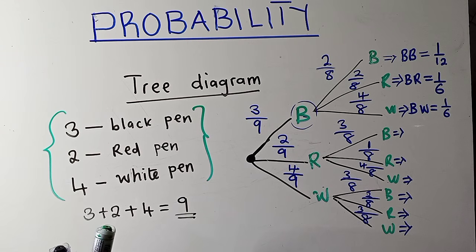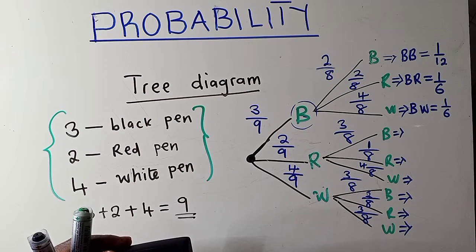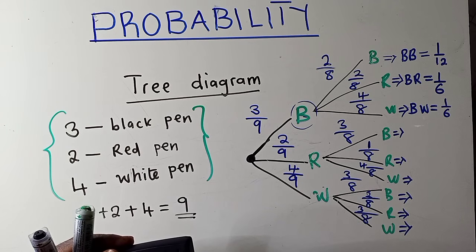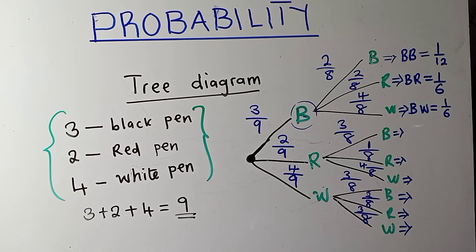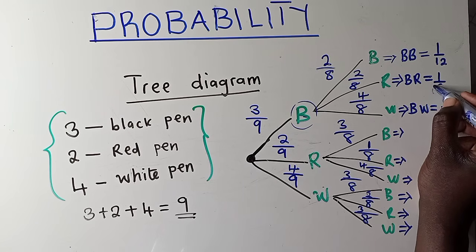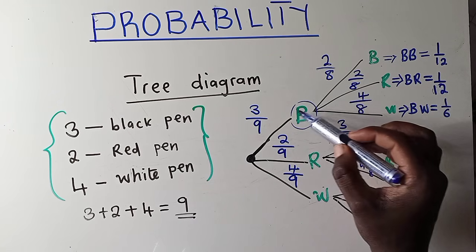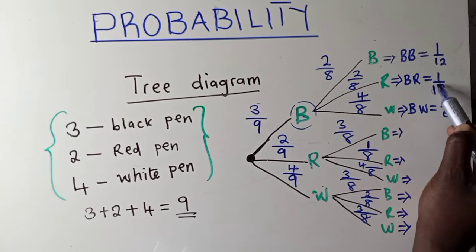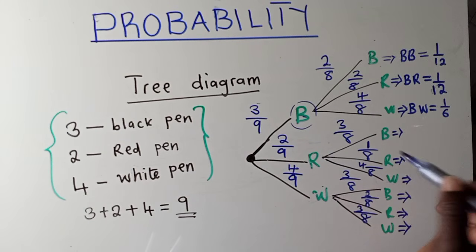Let me do it again. 3 over 9 times. Okay, here I think there is a mistake here. I was supposed to get 1 over 12. If I say this times this right here for red, it will be 1 over 12. We go to the next one,